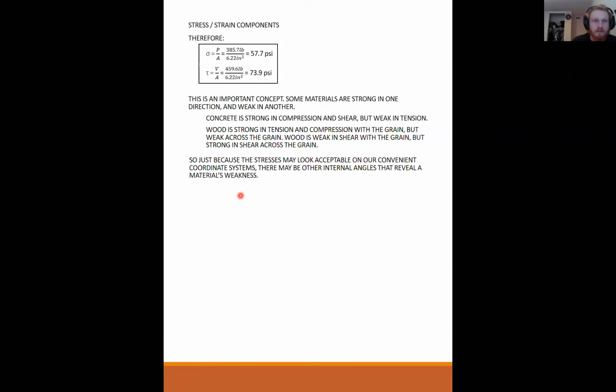Because the way I see it, if that's the case, then when we're designing something we need to make sure the maximum load we're putting on a member doesn't exceed the max of, let's say, a shear diagram of all the angles possible in which we cut it. Does that make sense? Yes, and we are going to get there. We absolutely are going to get there. But what we're going to do